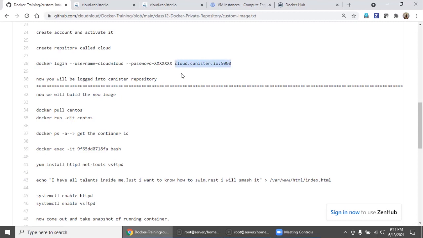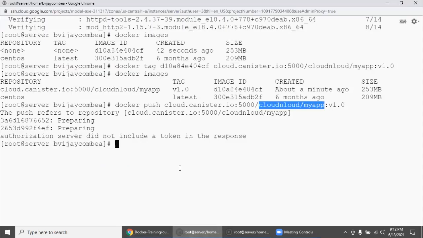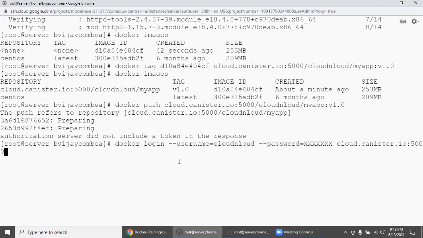If you don't mention it, it will automatically go to hub.docker.com. In further sessions, I will explain how to change this default repo in the configuration file itself. As of now, I'm just copying this and putting it. The password, you need to replace with your password.